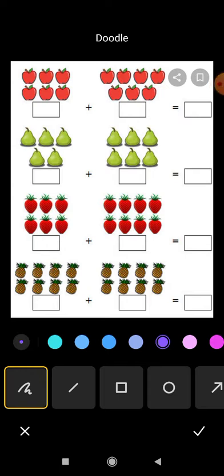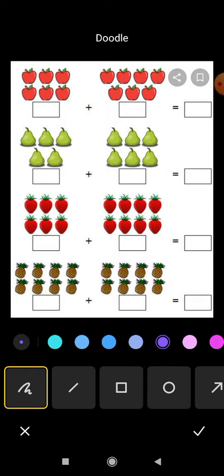Today in our math class, we are going to see some problems in addition. Okay? So in addition, we use objects. We have already seen this in additions, haven't we, my dears? Yes. So today some pictures are given. We are going to count and then write it. Then, on the right side of the equal sign, we are going to write the sum of the two numbers. Okay, my dears? Okay.